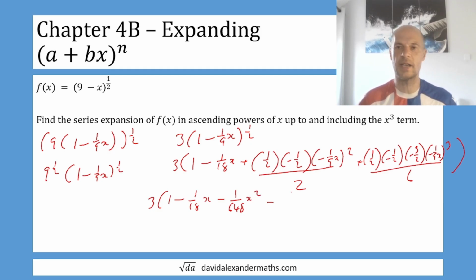So again, this one will be negative as well. So we'll just do 3 divided by 2 divided by 2 divided by 2 divided by 9 divided by 9 divided by 9 divided by 6. And that is minus 1 over